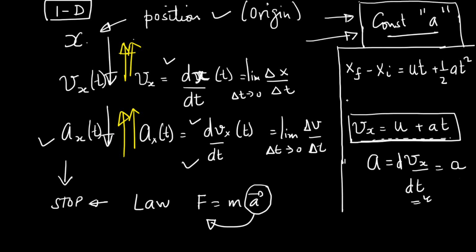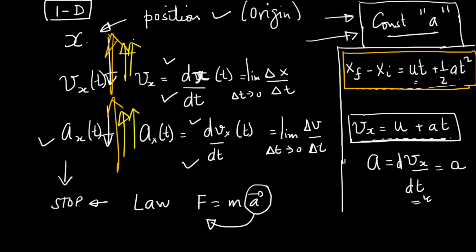Again somebody tells me, look, how do you know that this is right? Well, same answer. Why don't you do dx by dt? Now you do dx by dt and you'll actually get, here it is u and here it's at, because the derivative of t square is 2t multiplied by a by 2 and you'll get at. So there you go. I have two important formulas. The essence of the formulas is that I've gone backwards. In a simple case, but end of the day I have all my important so-called kinematic